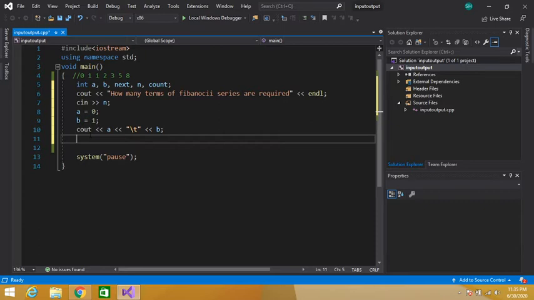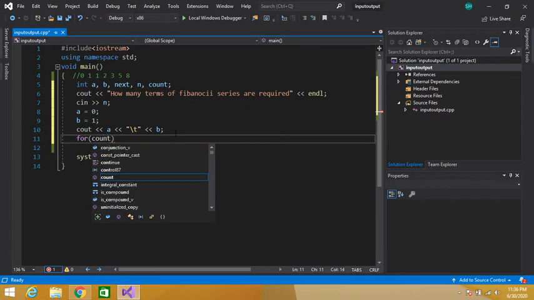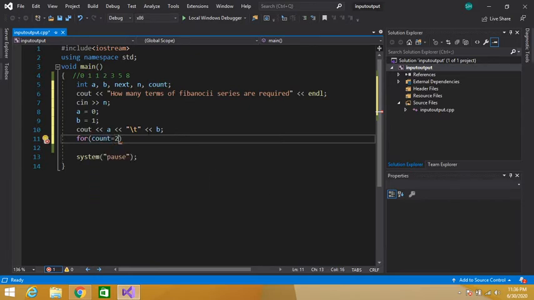Now we will use a for loop to repeat again and again and calculate the sum of the next terms. So the for keyword, then in parentheses variable initialization. So we will initialize our count variable to 2. Why 2?